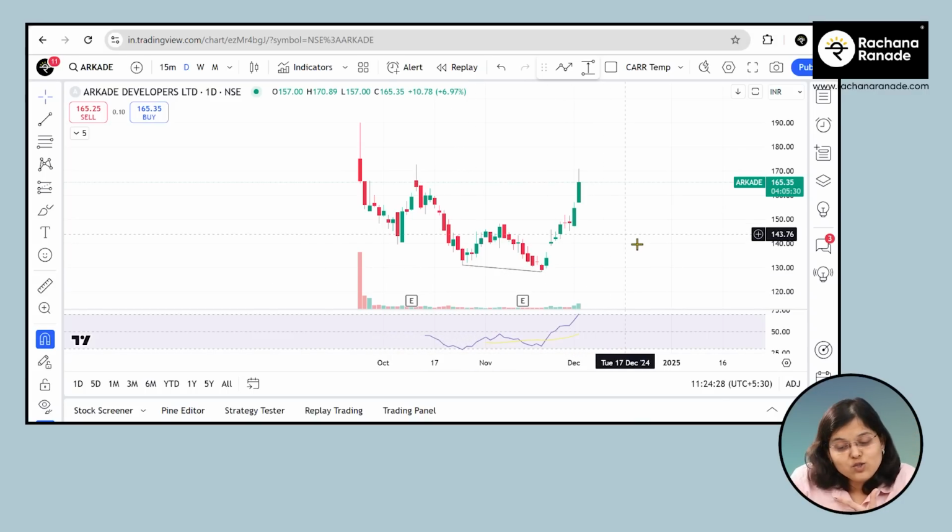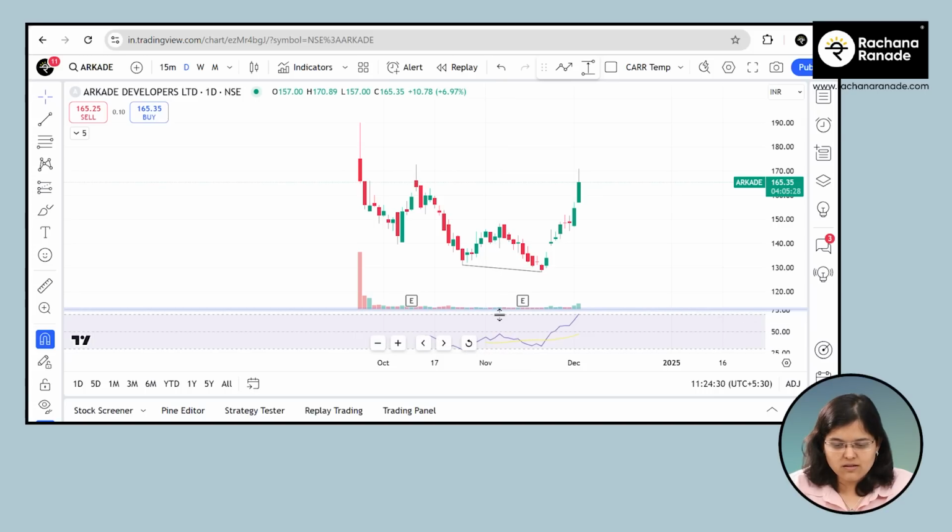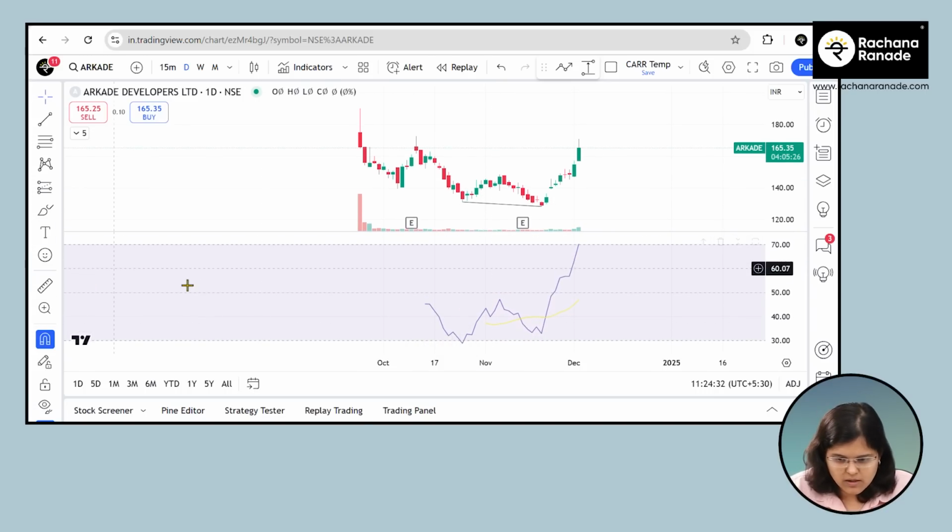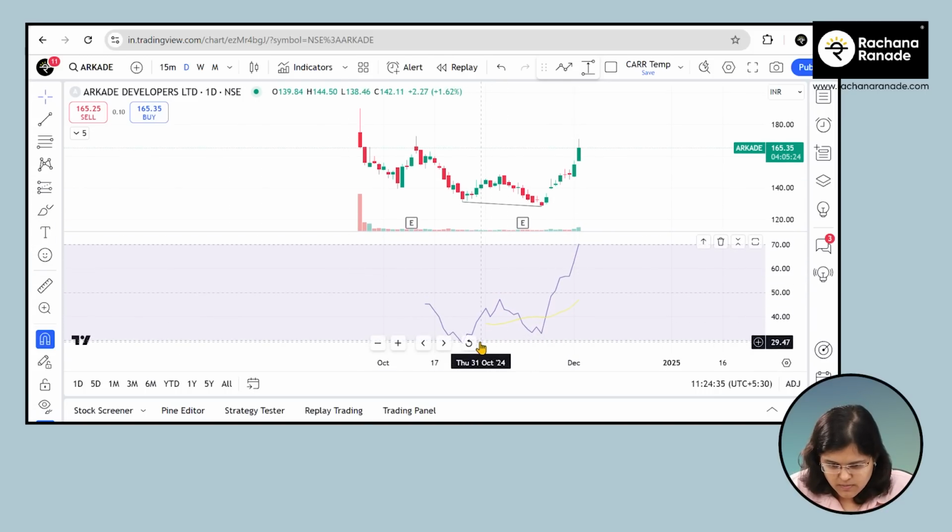Is the RSI showing weakness? So for that, let us just take RSI into a half screen zone, and let's say from here in the same time frame, from here, let me draw this